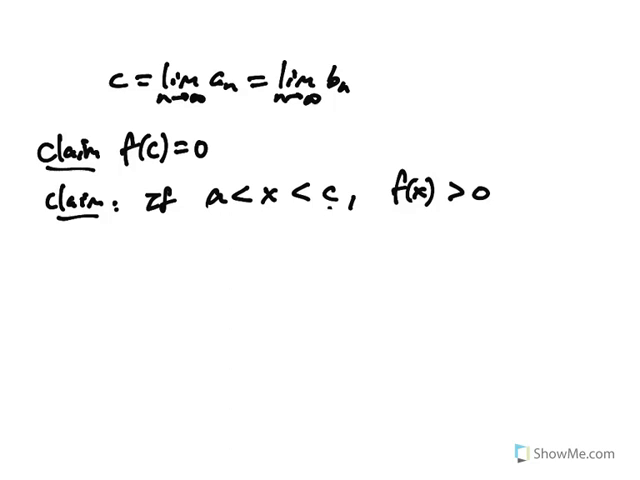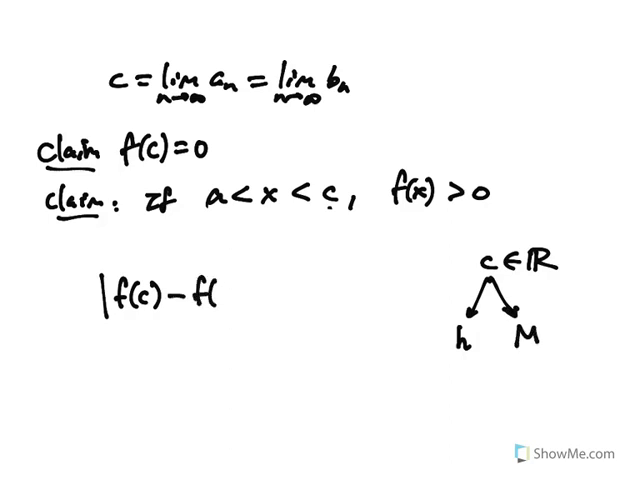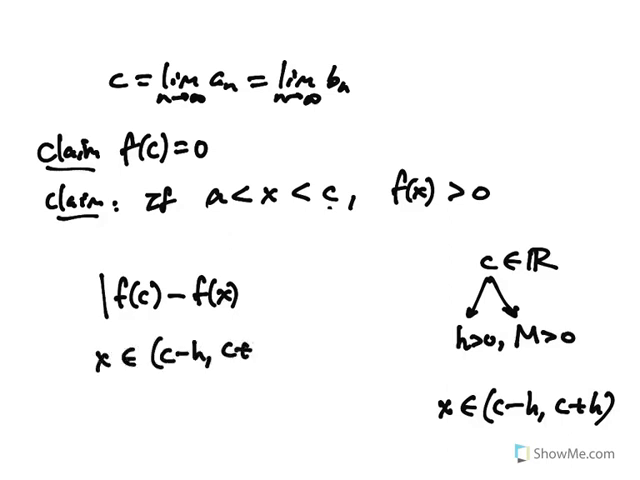Right, so how do I know all this? Well, remember the Lipschitz property. We're going to do this at C. So C comes equipped with a little interval. Why? Because C is certainly some real number, and every real number comes equipped with an H and an M in the Lipschitz definition. Both of these are positive, by the way. As long as I take x within H units of C,